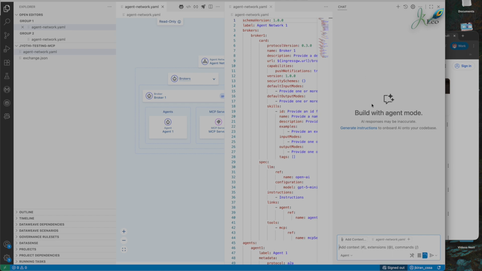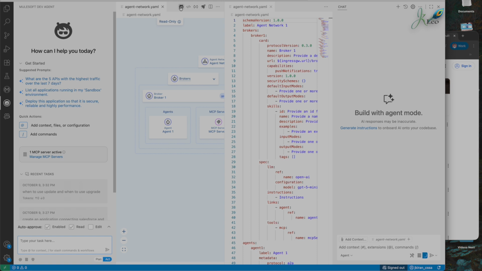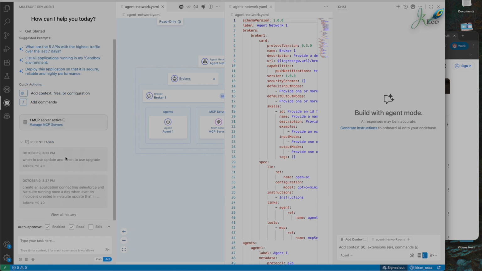I have no idea what is happening here, but I'll just take advantage of the AgentForce or Einstein that we have for MuleSoft, where I can ask it to write code. And remember, to have Einstein in your Anypoint Code Builder, you need to enable those permissions in your access management. So here I'm giving just a simple prompt. As you see, can you create a MCP server